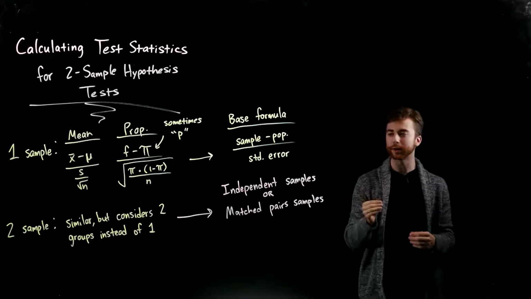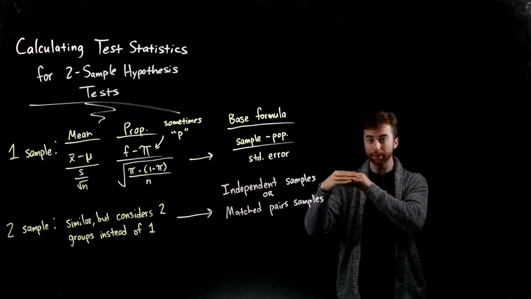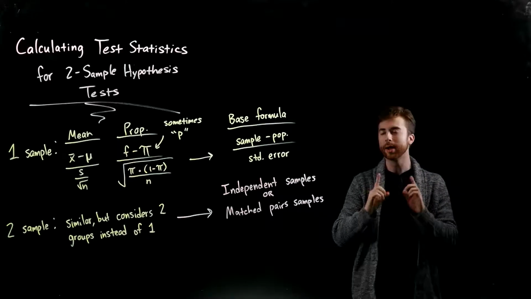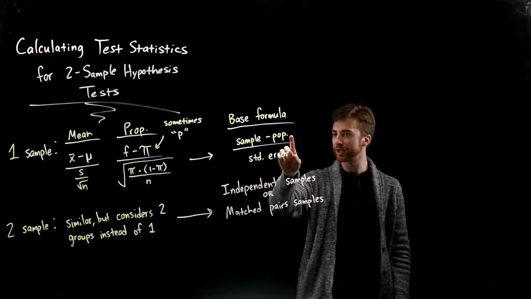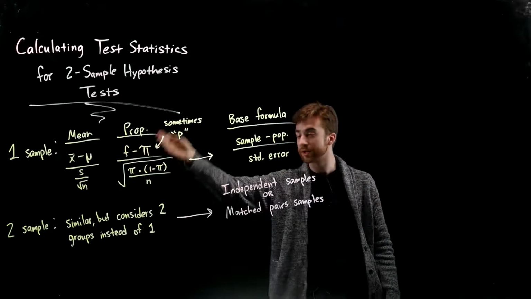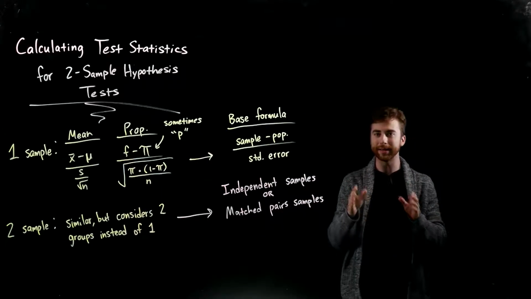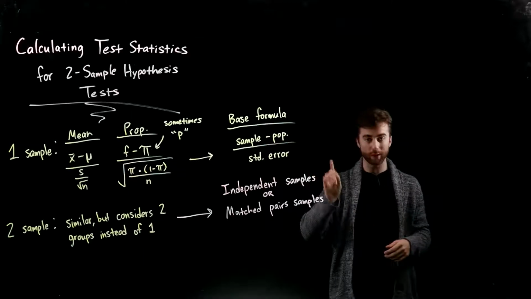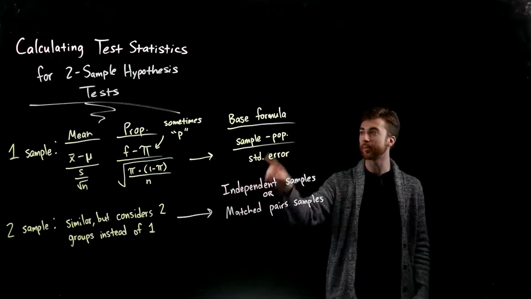It's very, very similar in that you're going to take sample information minus population information and divide by a standard error. But just like how the sample and population information and the standard error, all three of those things, are different between a mean versus a proportion-based problem, they're going to be also different from one another when we're dealing with a two-sample problem. So one more thing to consider is that when we're dealing with a two-sample hypothesis test,